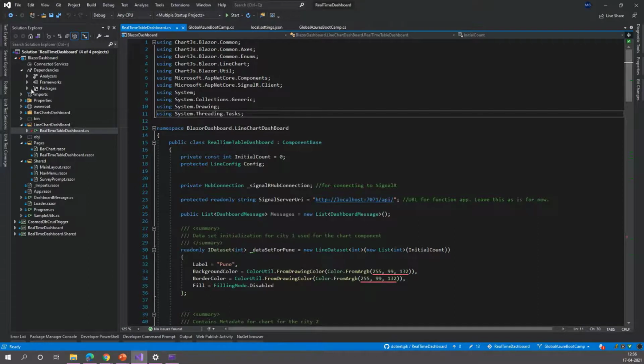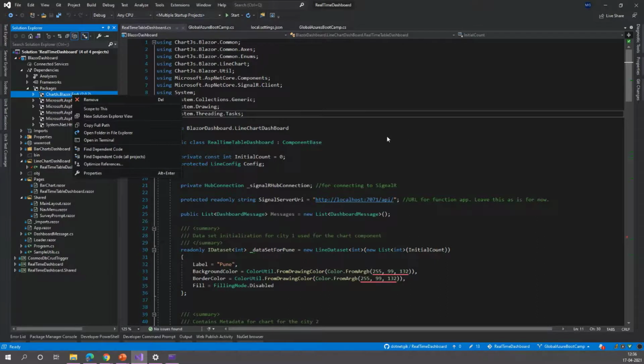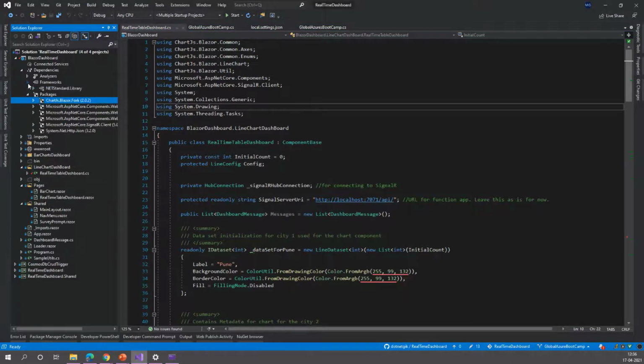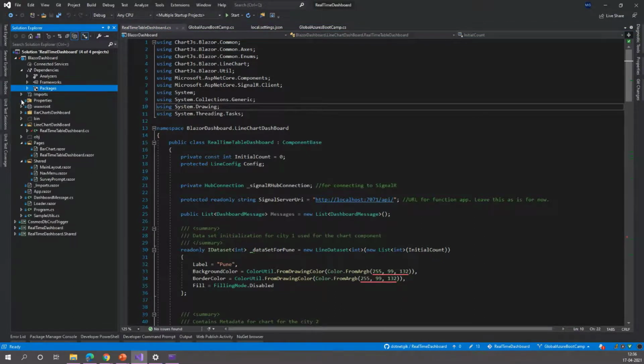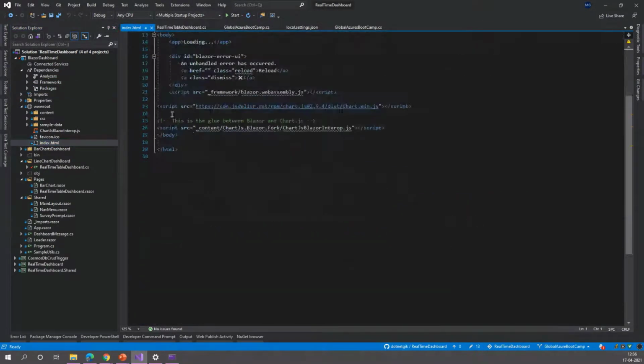The first thing we need to do is get this rjs.blazor.fork package. This is the package that we need to install. The next change is that we need to add some script, so that some static files are generated by using some interop and everything.